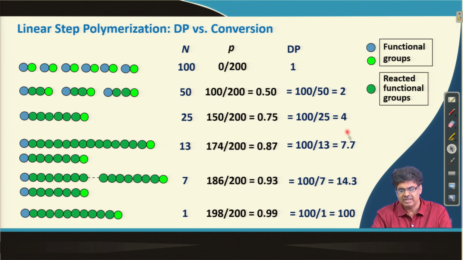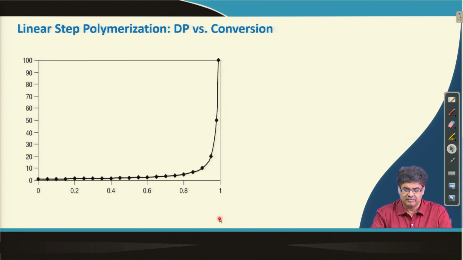Please note that the degree of polymerization is given by N0, the number of molecules at the beginning, divided by N, the number of molecules at the present time, and p is the fraction of functional groups which have reacted. So, if we plot the degree of polymerization, x n,